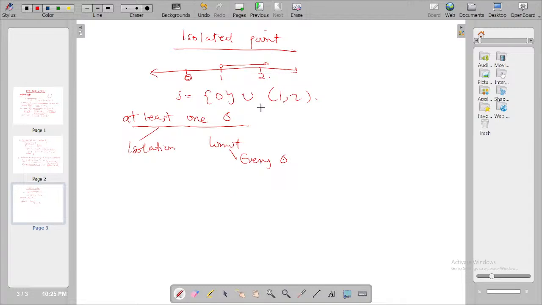So let's see. If I have 0 and I choose a delta as small as 0.01, I'll have negative 0.01, open, and positive 0.01. So with this interval, do you think I'll get a member of this set aside from 0? No, because the interval starts from 1 forward, meaning that 0 is isolated. But let's see something. Assuming I have chosen a delta as big as 3,